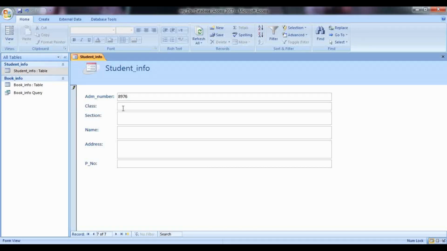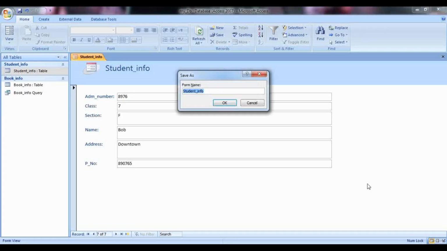So this is for class, let's say 7, section is F, then the name of the student is Bob, address is again downtown, and I'll enter a random phone number. There you go. So once the information has been added, it will be saved by pressing Ctrl S.